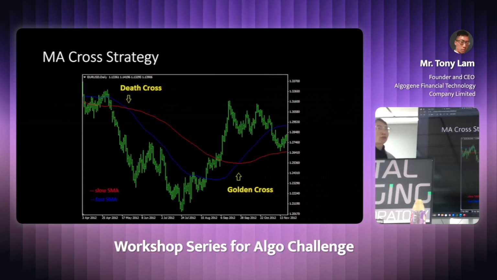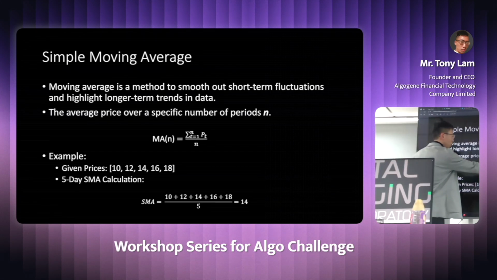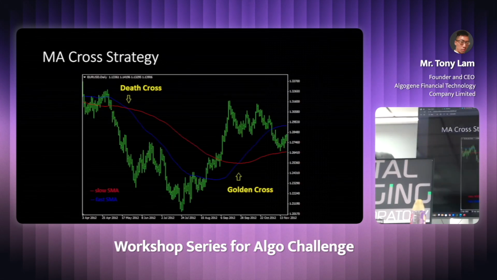So the idea of the moving average cross strategy is like this. We can create two simple moving average lines, a fast line and a slow line. Let's say for the fast line we set the period to 7 days, and for the slow line we set the period to 40 days. Usually when you set the number N to a high number, the curve that you see will be more smooth, just like the red line here. If we set N to be a high number, the curve will be more stable.